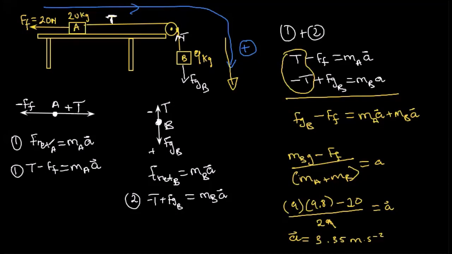Now, to find the tension, you are going to use either equation 1 or equation 2. I will prefer to use equation 1 in this case, because it's pretty much solved. So tension equals, you just put the friction over to the other side, mass A times acceleration plus force of friction. This is going to give you, just substitute mass of A is 20,